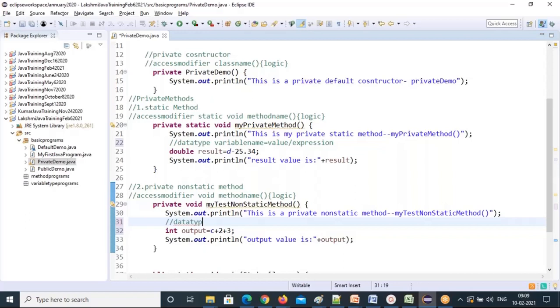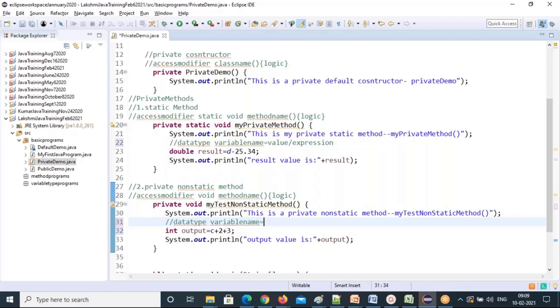Usually for decimals we take float, right, sir? Float or double, two types for decimals. Float is small, it occupies 32-bit size of memory. Double occupies 64-bit size. So float and double are the two data types for decimals. For integers, you have int, long, and many others. We'll discuss that next, after the basics are over.